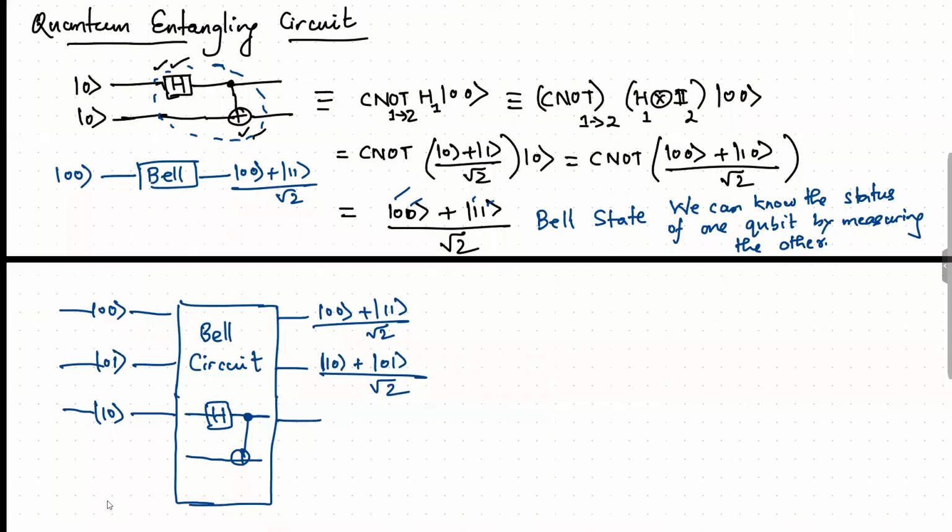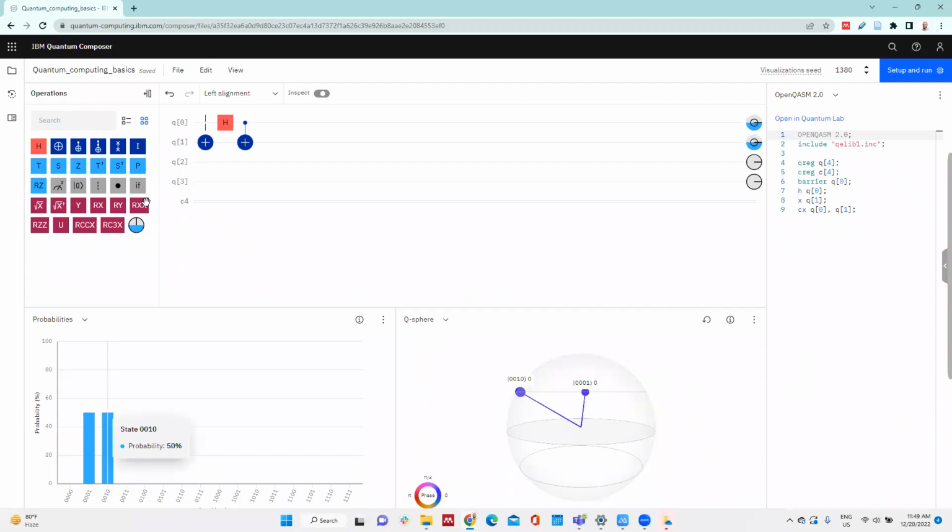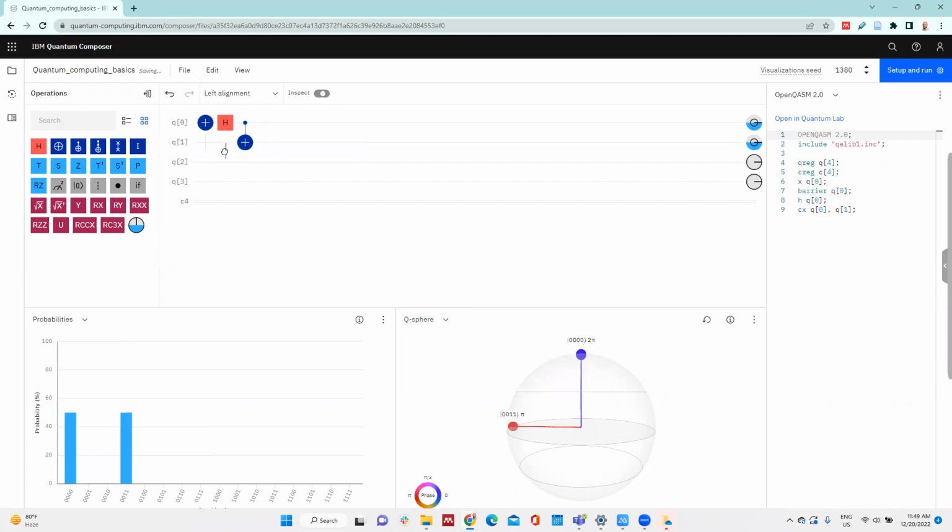Okay, so yeah, I just wrote this thing: 0, 1, 1, 0, 0, 1 over root 2. Next we see what happens when we apply 1, 0. For applying 1, 0, I'll simply put this C naught and put this not here and put it here and do this instead. Okay, so now it is 1, 0, and for 1, 0, we see the state is becoming 0, 0